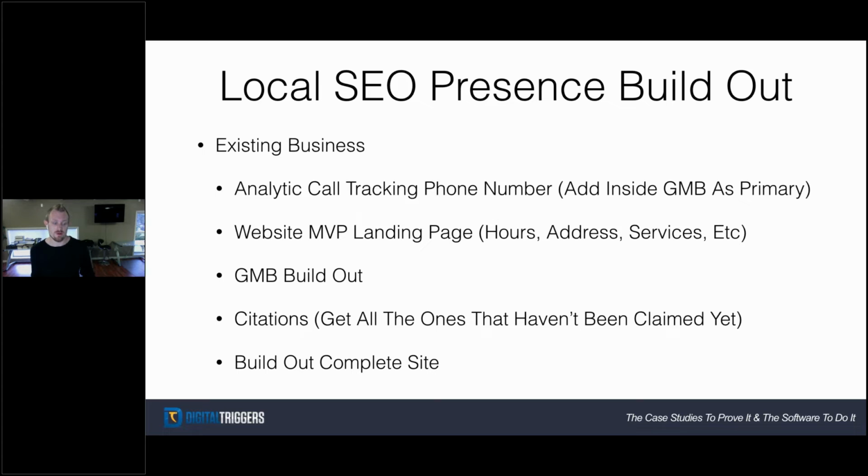And for the week, I got 30 calls. That's the difference in the reporting. Crazy. So once you have analytic call tracking, or a call tracking number, inside of Google My Business and